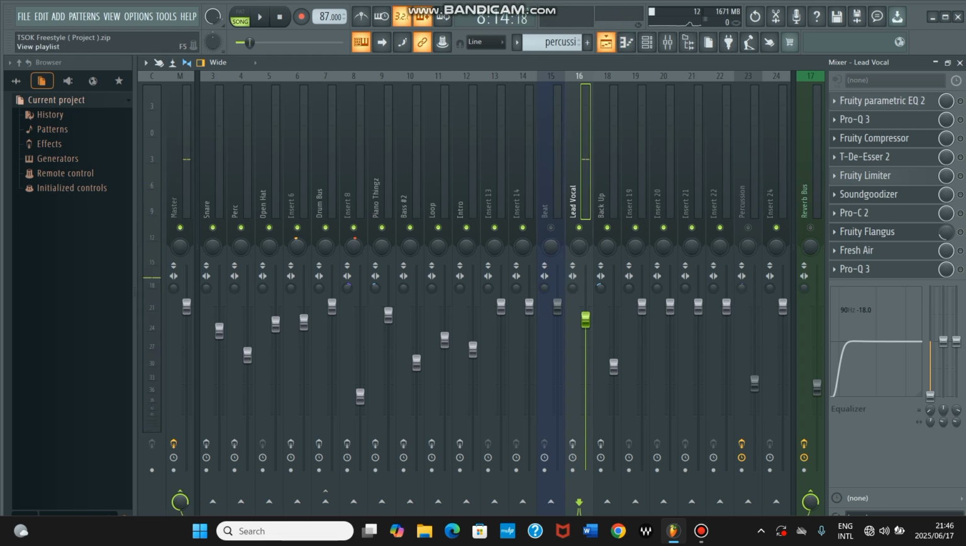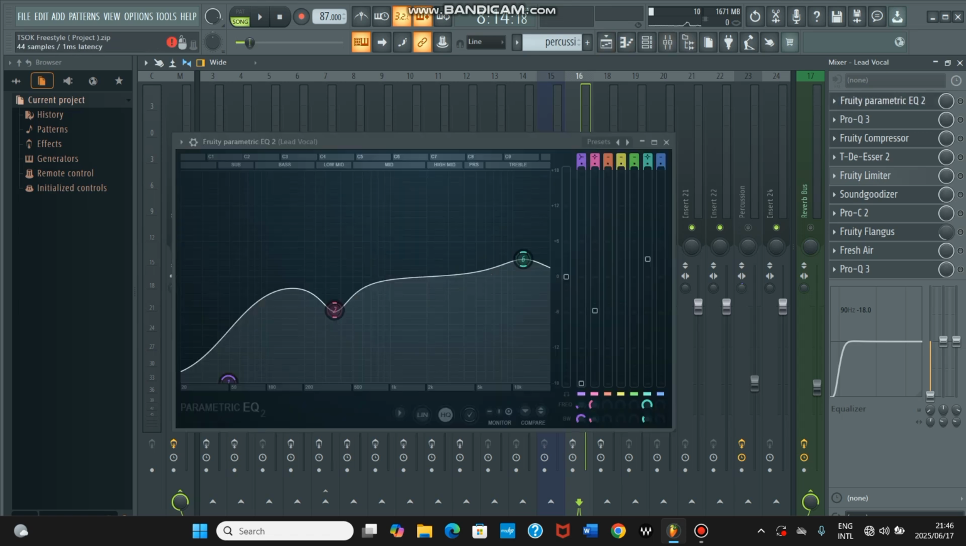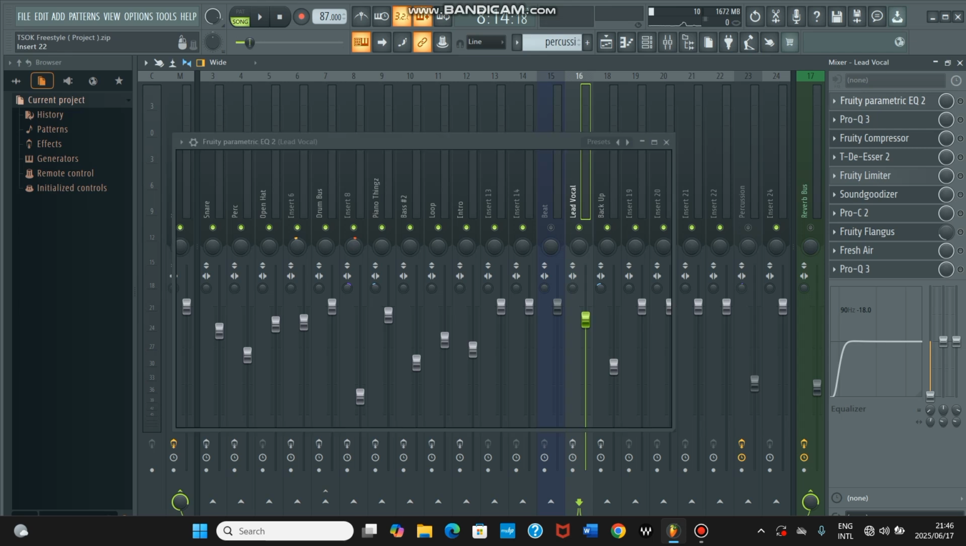I'm using a very, very low budget microphone. So it has a lot of low end, I mean. A lot of low end, yeah. So the first thing I add